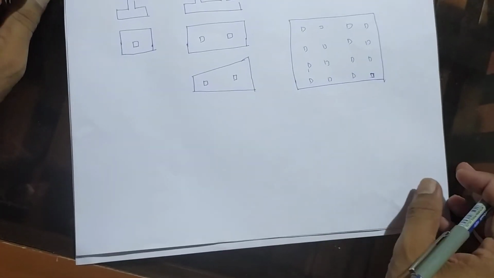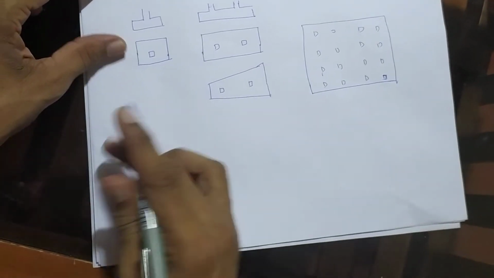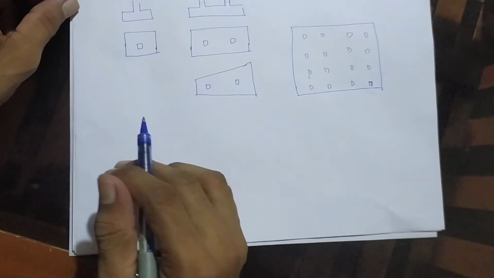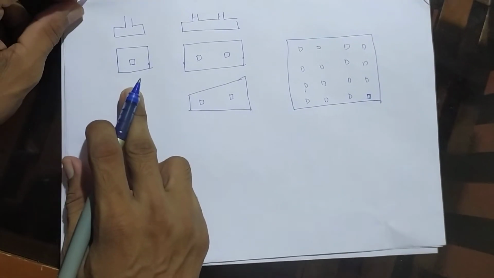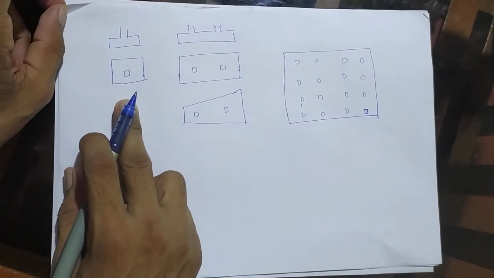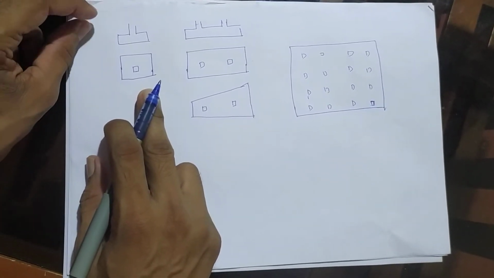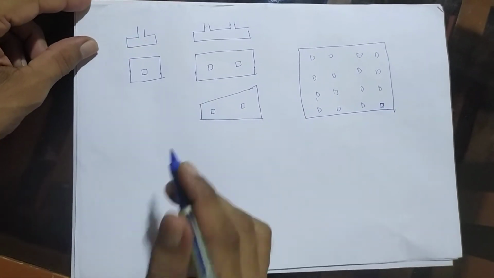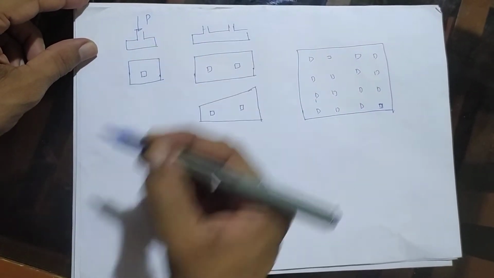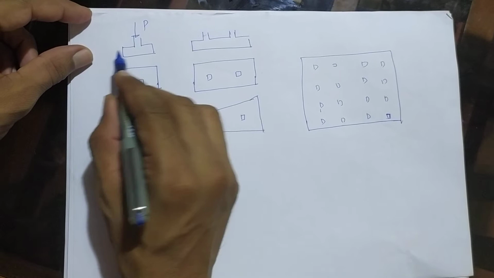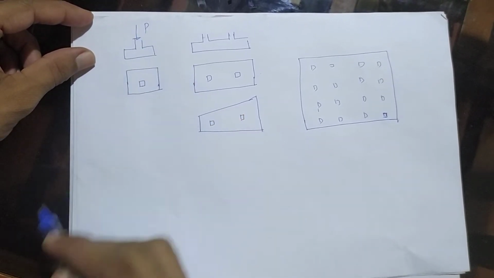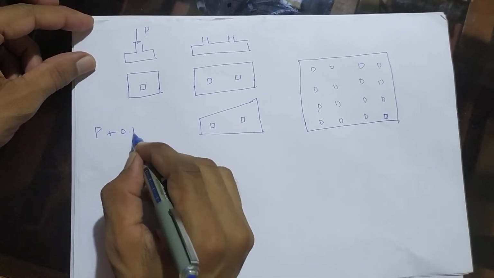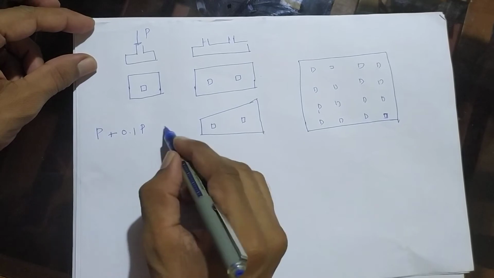So now coming to the geotechnical design. Basically we are considering the shear failure criteria and the settlement criteria. So the soil should not fail in shear or bearing capacity. It should be safe in terms of bearing capacity, and the settlement should be within the limits. For the isolated footing, you have already learned, if P is the load, we usually assume the footing weight to be 10% of the column load. So whatever is the column load P plus 10% of the column load, that will be your total load.